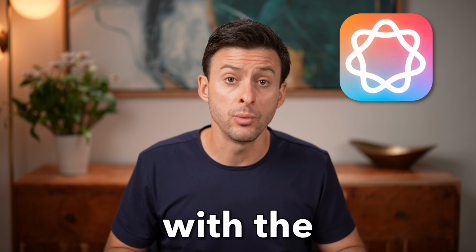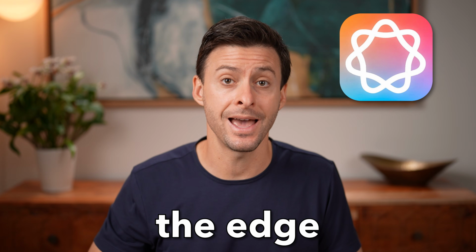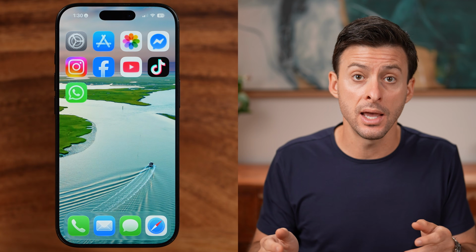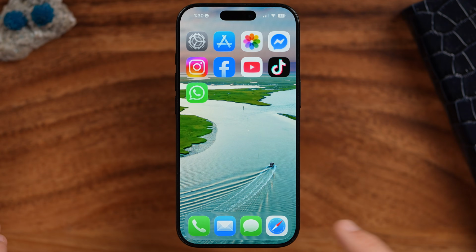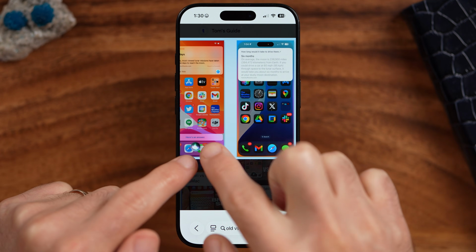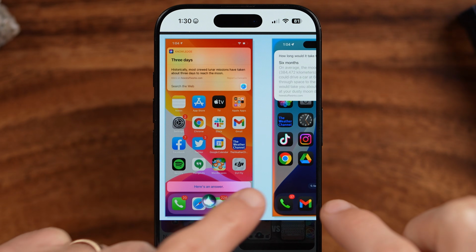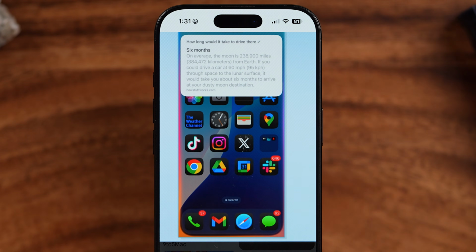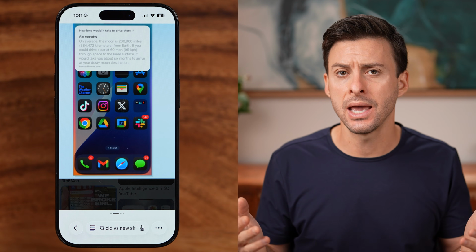You might have seen somebody with the new Siri, where it glows multicolored around the edge of the iPhone screen. I'm going to show you how to get that and why you might have the old Siri versus the new Siri. So on here, I just want you to see visually what it looks like. The old Siri would have this little symbol at the bottom center. However, the new Siri has this glow around the edges, and that is called Apple Intelligence, aka Siri